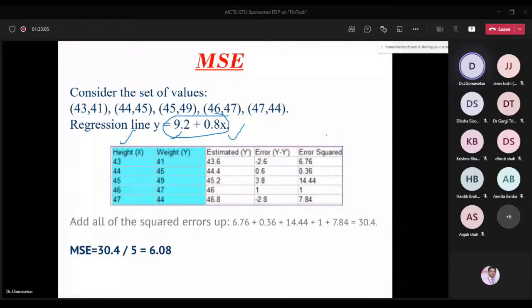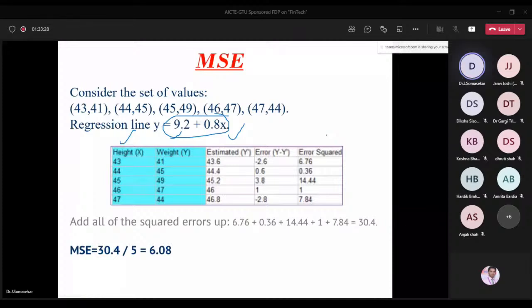Let us assume we have 1000 records. If you want to measure the relation between these two, demand and price, find the correlation coefficient. If the correlation coefficient is 0.9, then 90% similarity is there. If it is 0.8, 80% similarity is there. If it is 1, then there is 100% similarity between demand and price. That is the meaning of correlation coefficient.